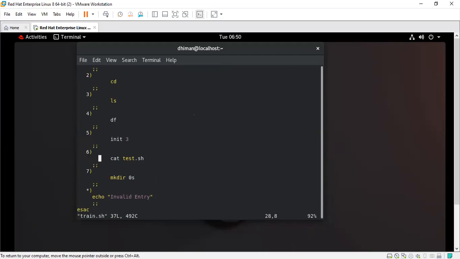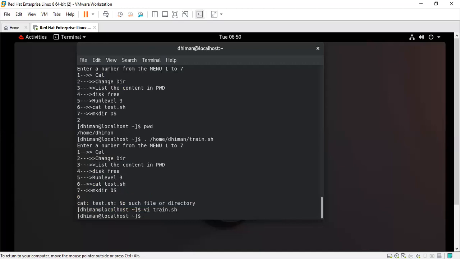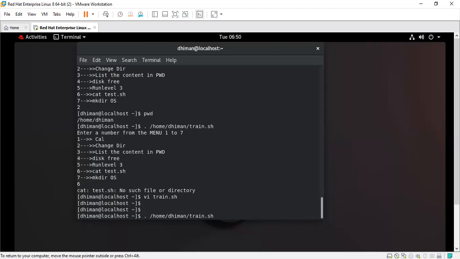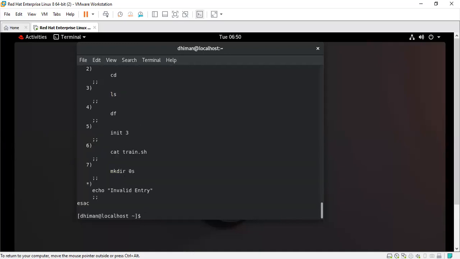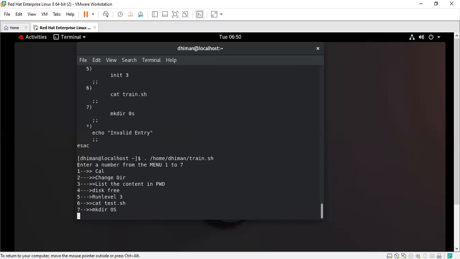It was written over here that it is test, but it is not test actually. The file name which we are talking about, its name is train.sh. So I'm just going to rewrite things, and to execute it again, you can execute it this way. If you want to see the file content, you can see the command running right from the menu. Once I have pressed it, the script is executed.